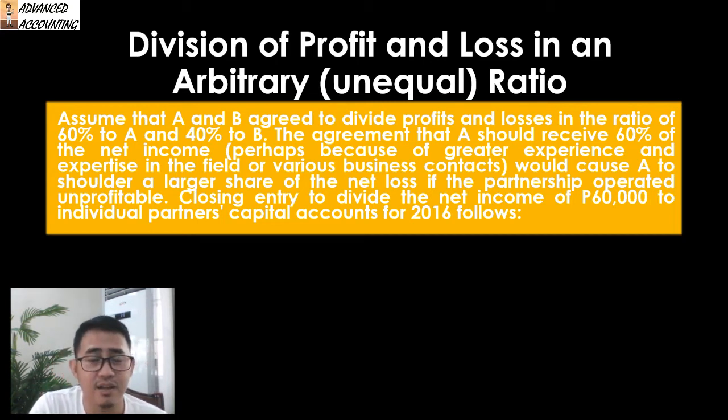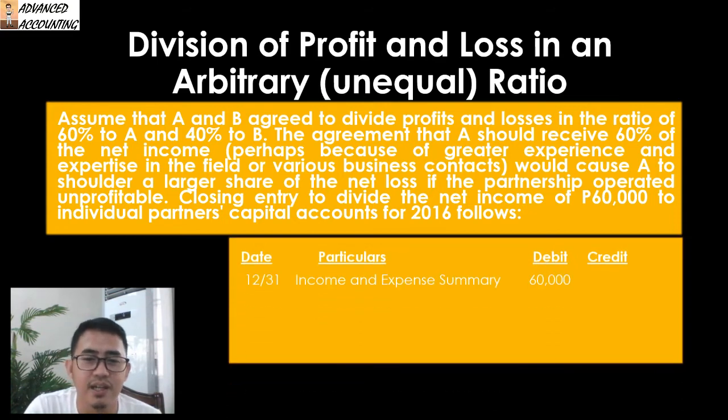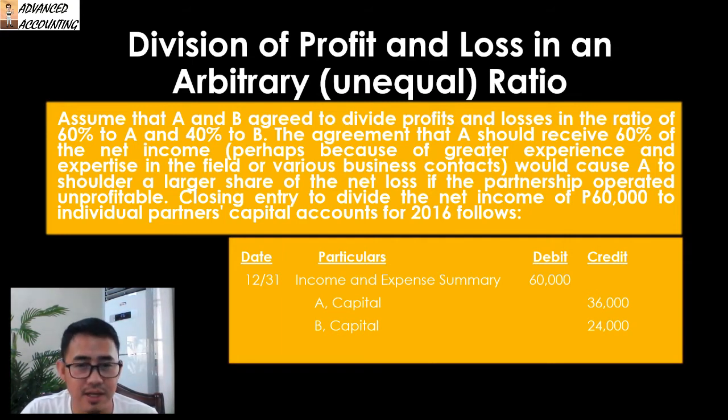So 60% to A, 40% to B. This is somehow an easy computation. You just multiply the net income of 60,000 by 60%, and it will be the share of A. And 60,000 times 40% would be the share of B. So our entry would still be a debit to income and expense summary, 60,000, and we will credit A capital, 36,000, and credit B capital, 24,000. This computation is not so complicated, although equal division is simpler. Okay, so next,